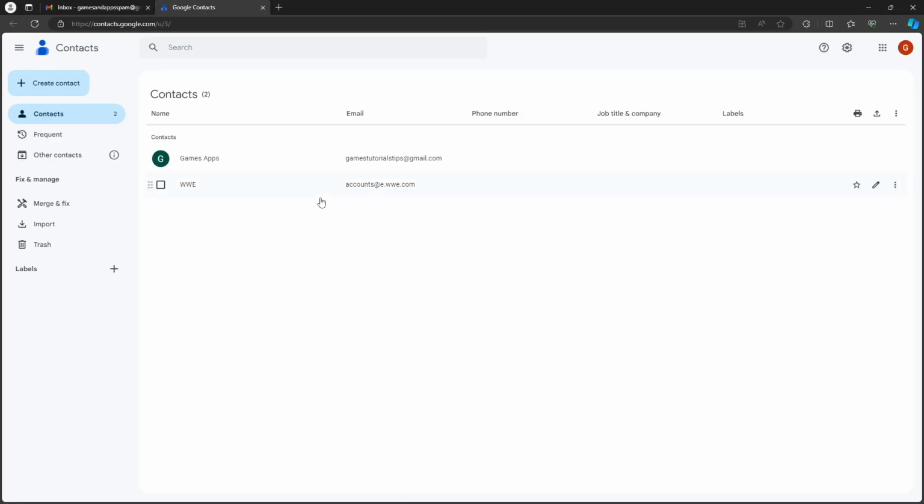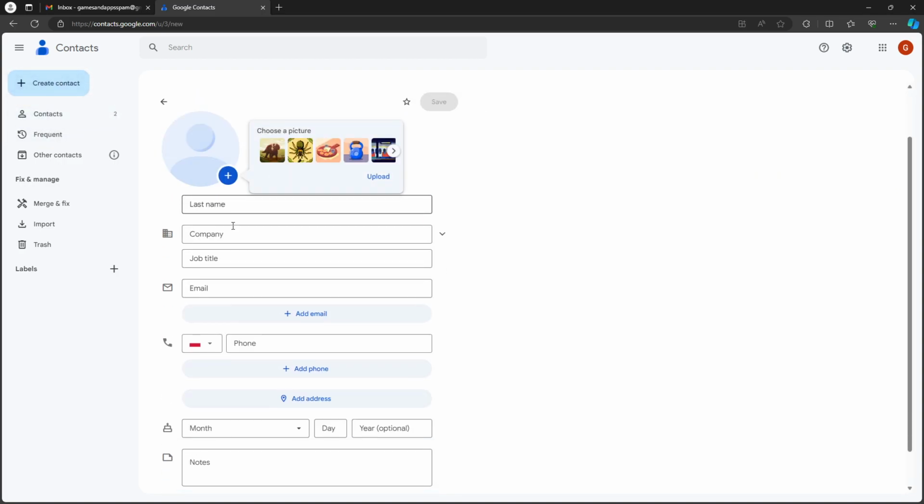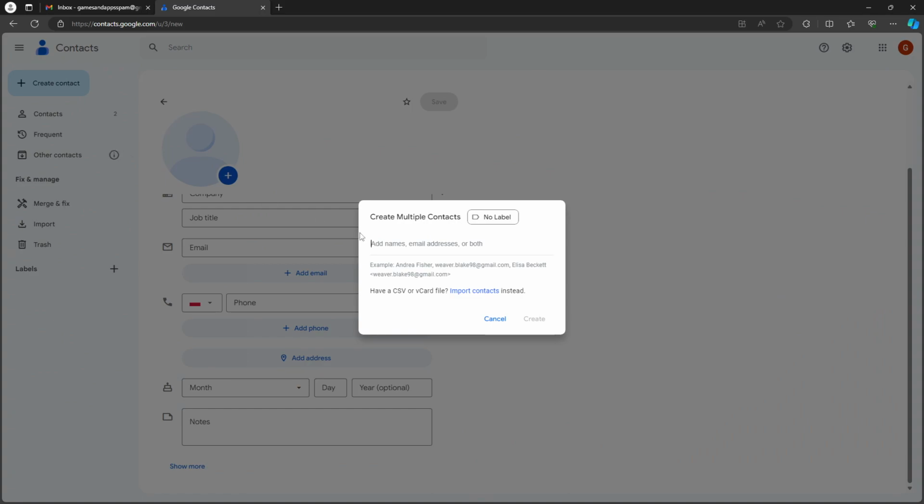We will open a new page where we will find all contacts that we have saved, for instance, through our Gmail account. If some email address is not included, we can create a contact over here on the left side and choose Create a Contact. We can fill this in, provide the email address, and then quickly save. We can also create multiple contacts if needed, so we can add names, email addresses, or both, and then click